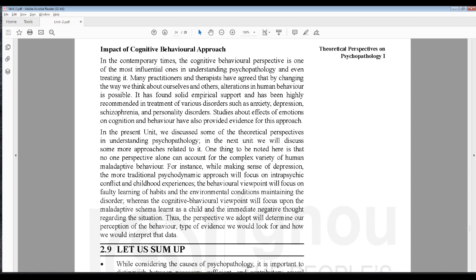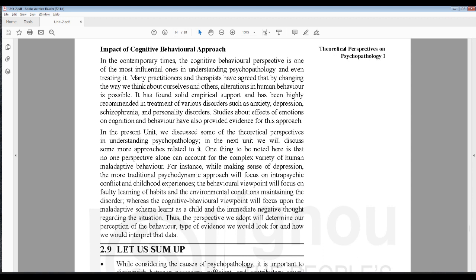In the present unit, we discussed some of the theoretical perspectives in understanding psychopathology. In the next unit we will discuss some more approaches related to it. One thing to be noted here is that no one perspective alone can account for the complex variety of human maladaptive behavior. For instance, while making sense of depression, the more traditional psychodynamic approach will focus on intrapsychic conflict and